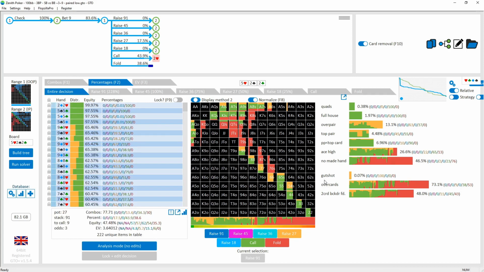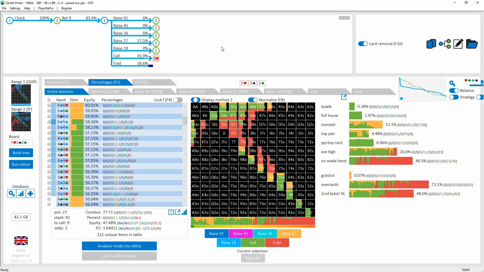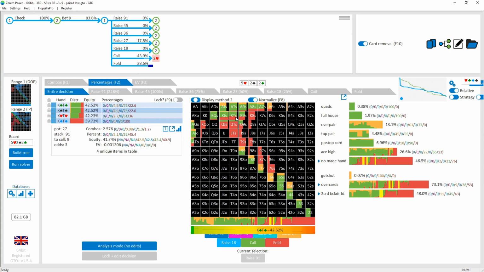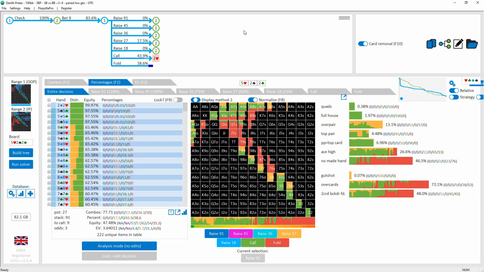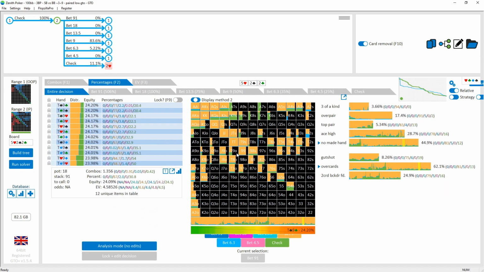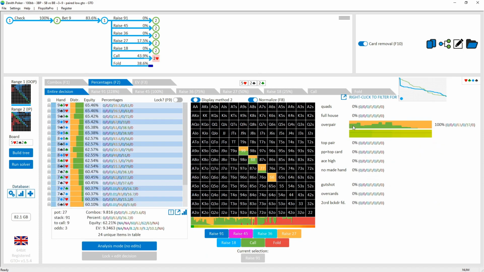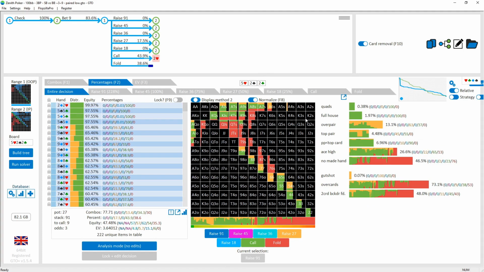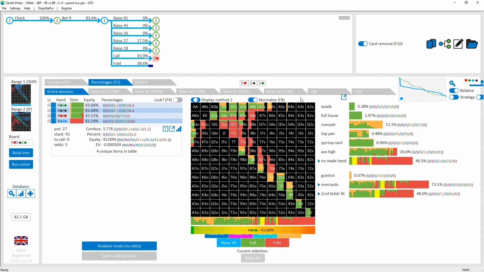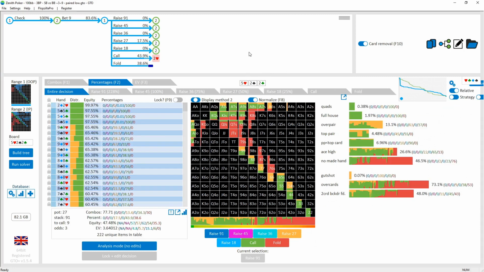Basically, all these like broadways are not really loving the spot. They haven't really made a hand, but you really do need to float some of these like king X suited, queen X suited out of position. When you do make your pair, the hand actually is fairly strong. But yeah, it's difficult to defend any of this. Like the top of the range basically is this pocket nines. Obviously, you do have some like pocket fives, a little bit of quads, but that sort of makes up like